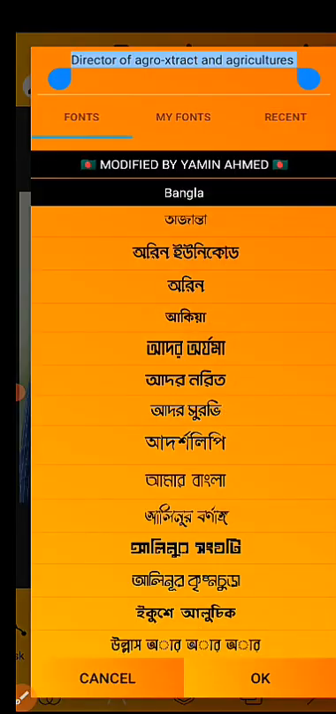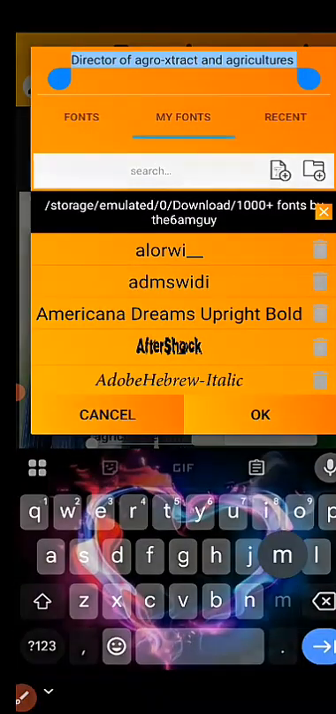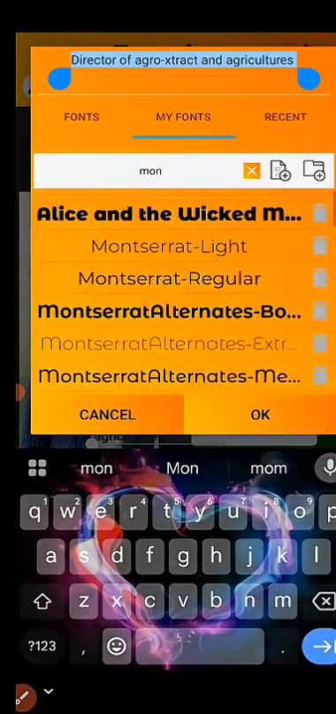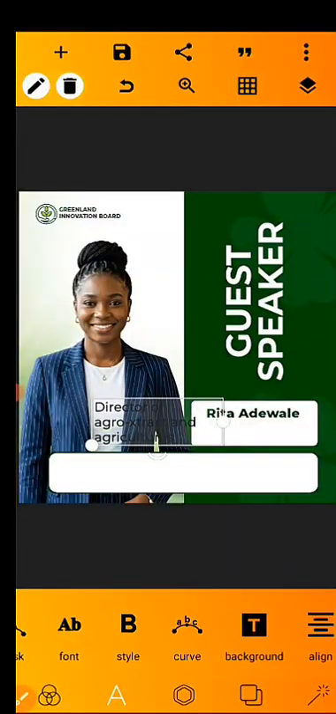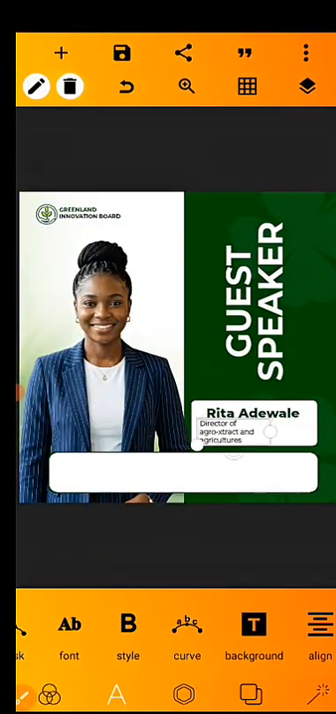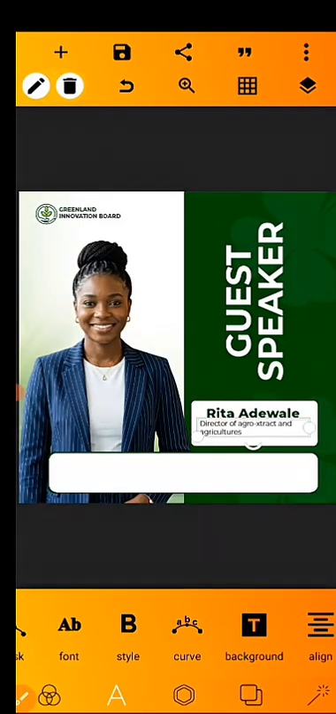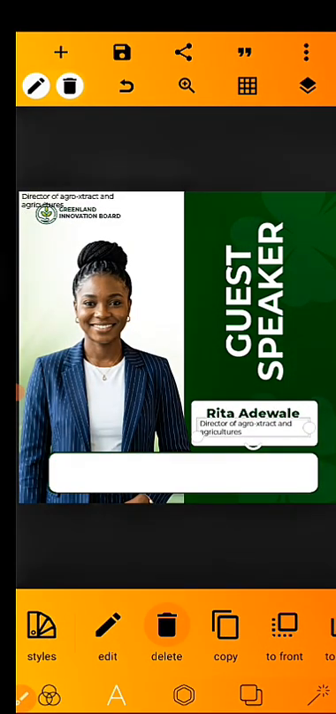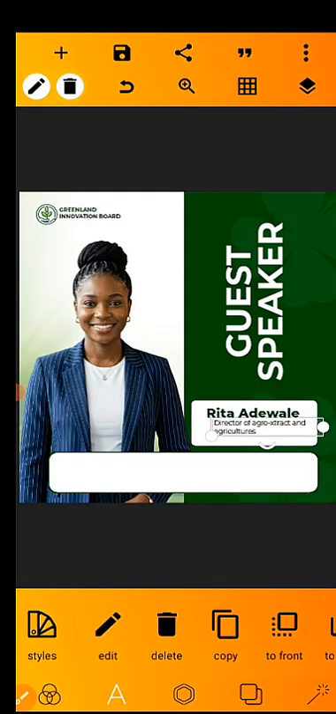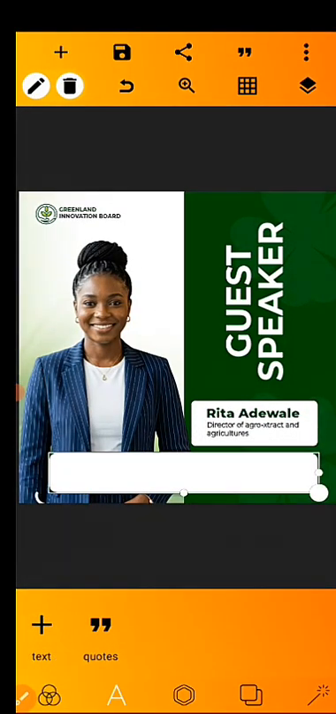Okay, so this is the write-up. We can go back to font and change it to a lighter Montserrat font. We can use the Montserrat regular. When you're done with that, just reduce the size and place it under the name. Okay, you can just adjust this properly. Copy, and the next thing we want to do now is add the rest of the write-ups